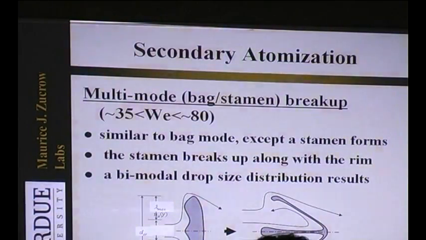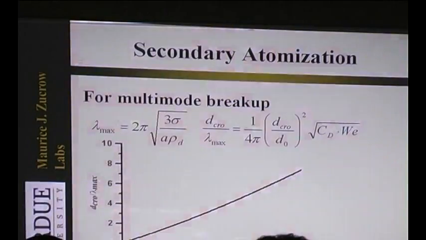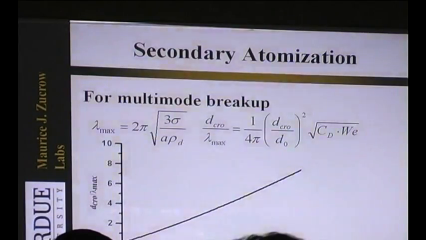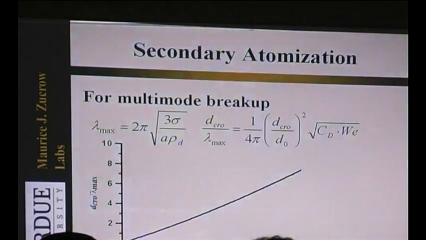direction of flow. And if we go to the next slide, we will see that the results of the stability analysis tell us that the maximum growth rate disturbance scales as cross-stream distance, drag coefficient, and Weber number, as shown. So the real point of this particular slide is that for the range of Weber numbers typical of multi-mode breakup, which is from 35 to about 80,